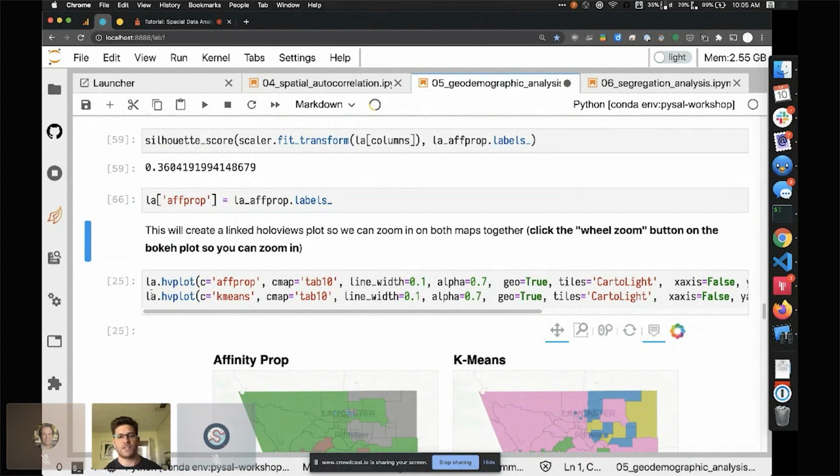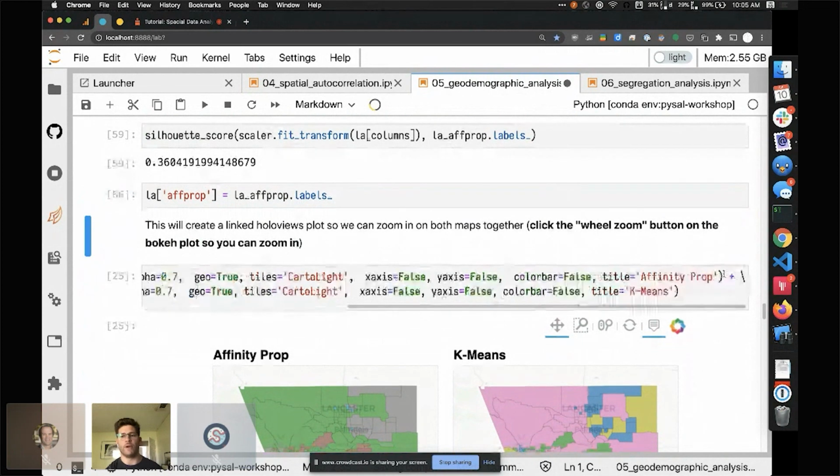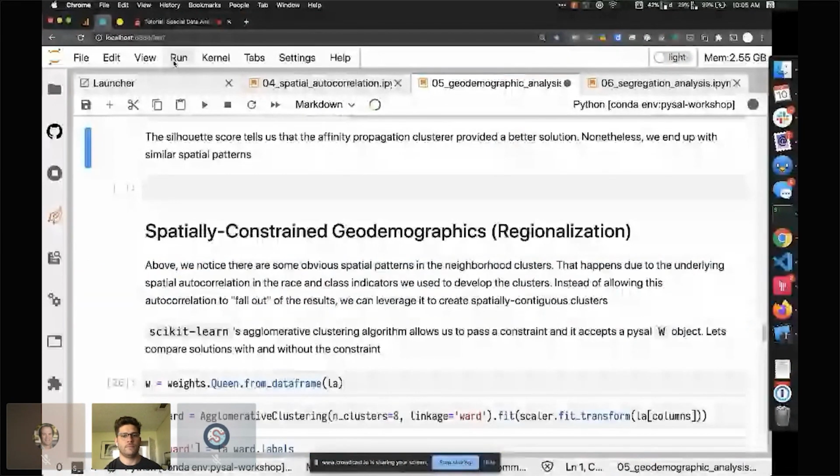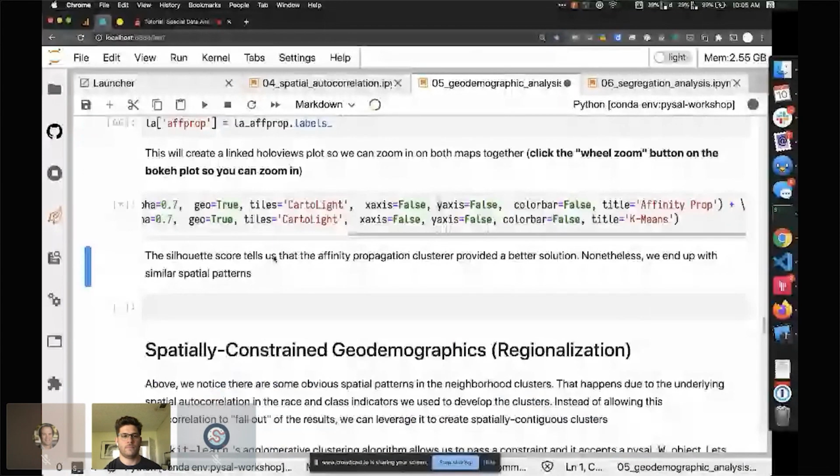And this is something that's nice about HoloViews. We use this little plus operator to do 2 plots, and it will lay them out side by side. So it'll take a little bit to generate. And the nice thing about using HoloViews